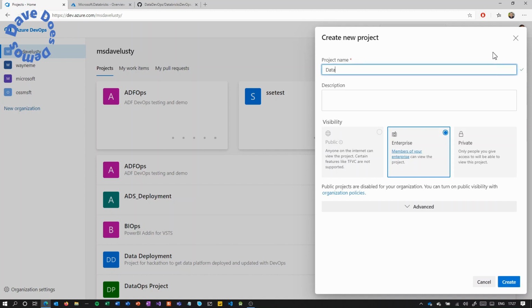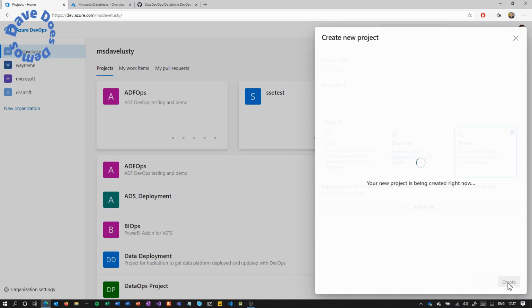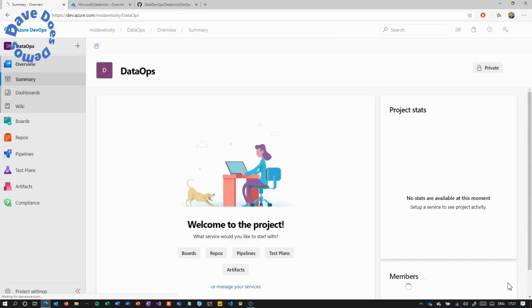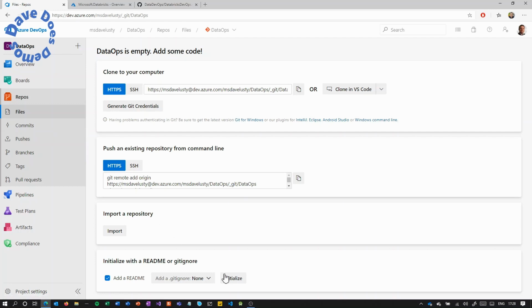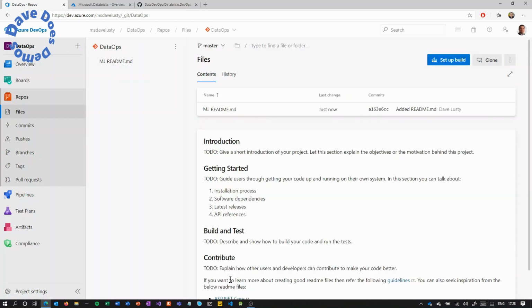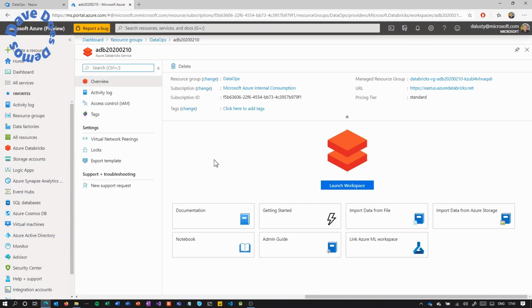So then go over to Azure DevOps and log in and create yourself a new project. Again, I'm using the DataOps name, setting it to private here. Probably you'd be setting it to enterprise in a real environment, just so that other people have got access to them. And then we're going to click on repos and just initialize that repository with a button at the bottom with a readme. This allows us to then use the repository for other stuff. Once that's done,